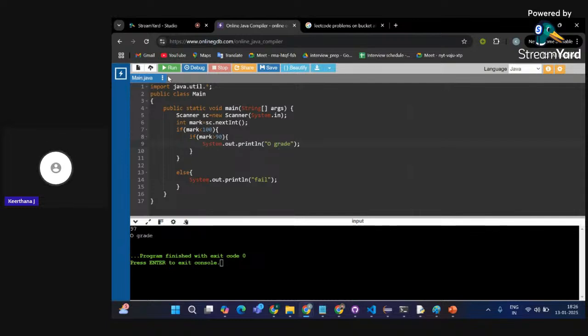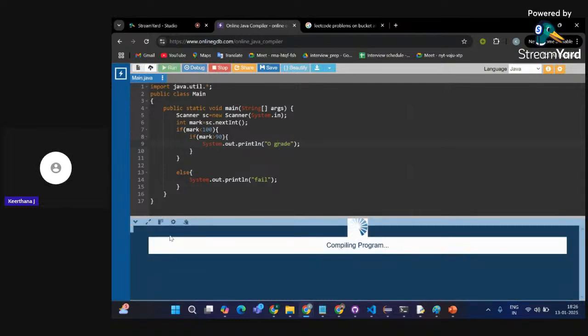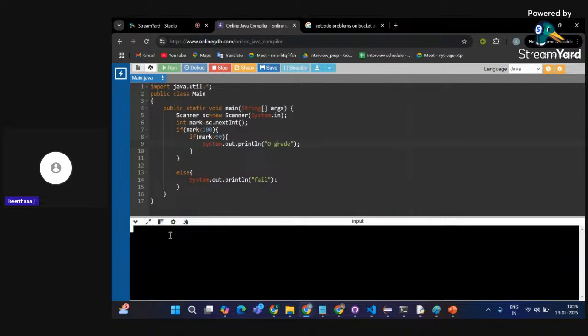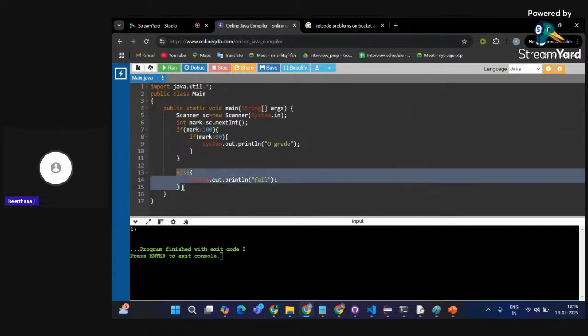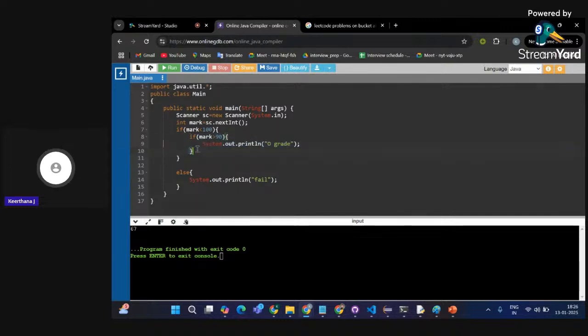Now let's see something like this. I'm giving 67. We'll get no output. Why? Because see, 67 is less than 100, yep, that's true. But 67 is not greater than 90, right? And I have not given any else condition over here. So that's why I'm not getting any output. Only if the outer if fails, this else block will take the responsibility. If the inner if fails, the control will not come to this else part.